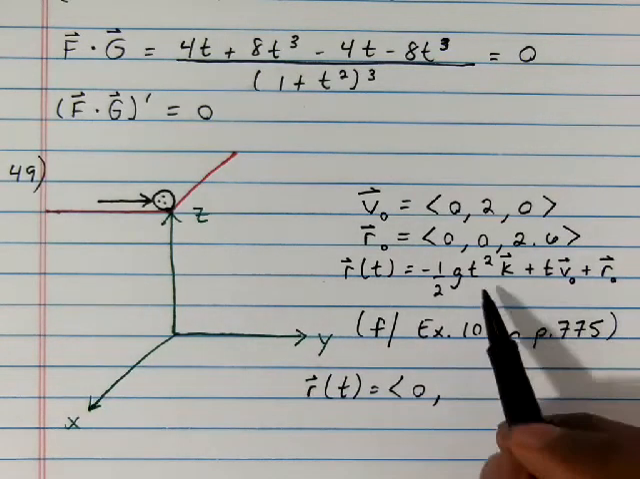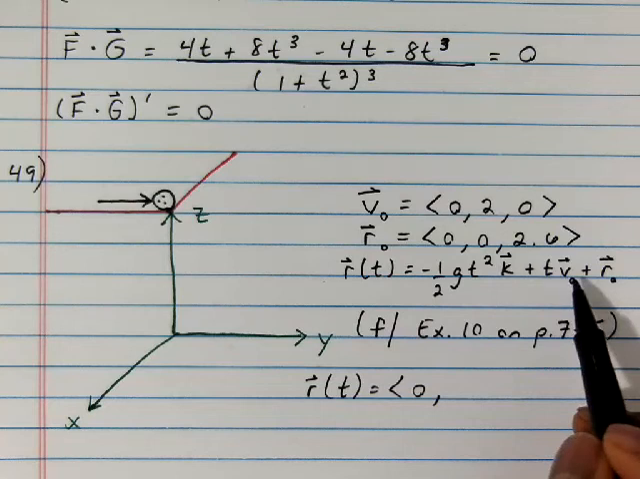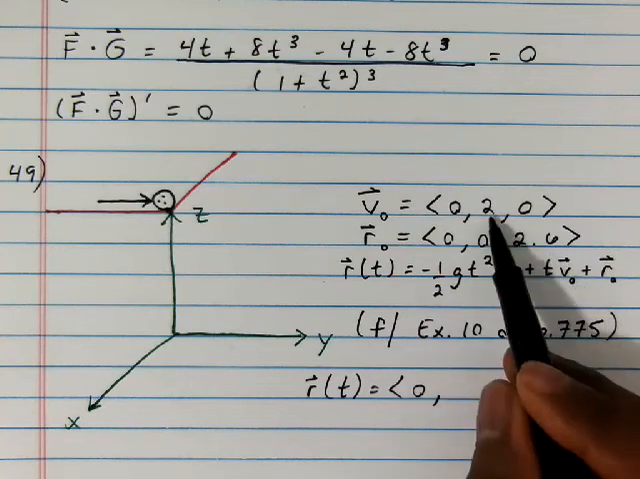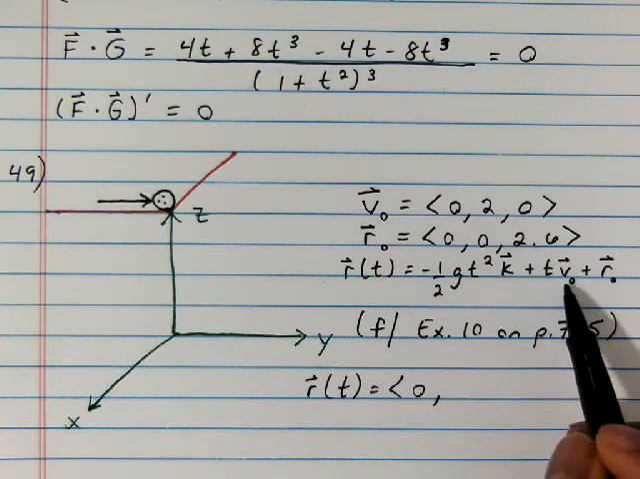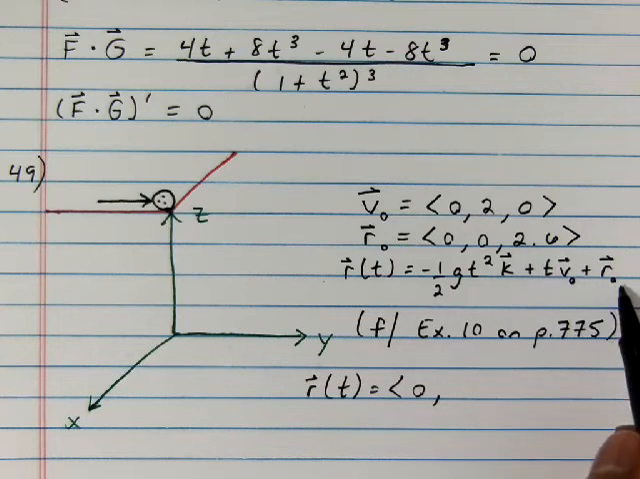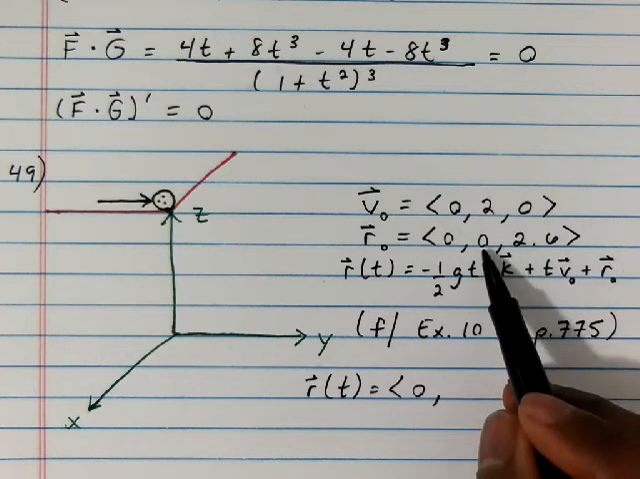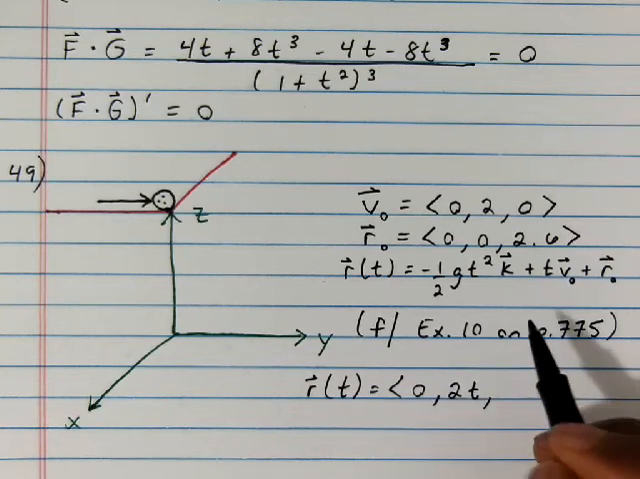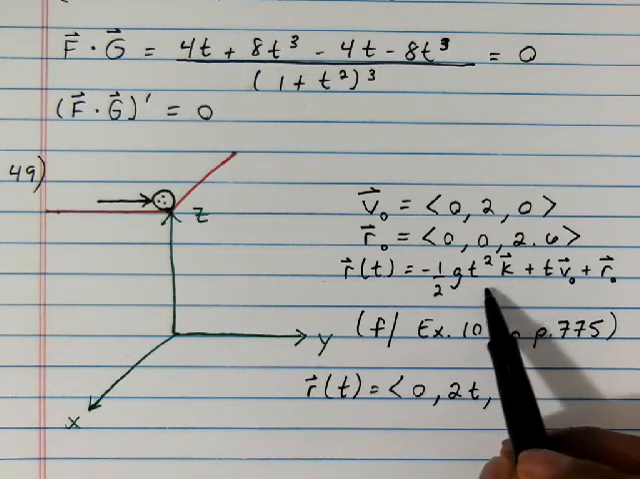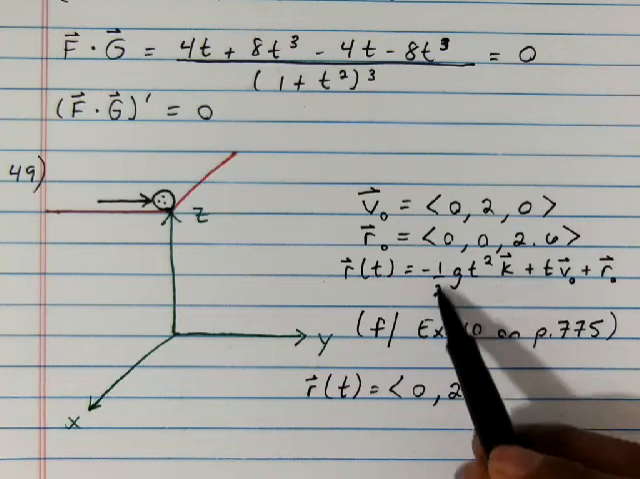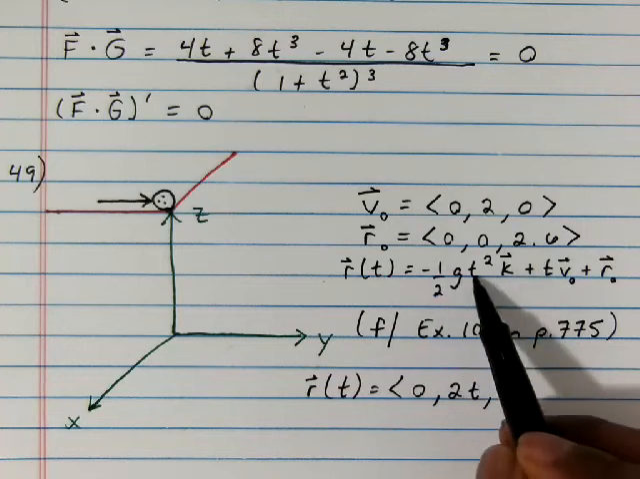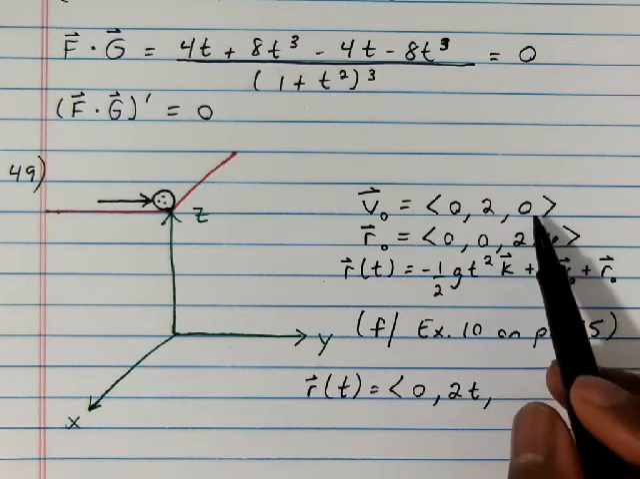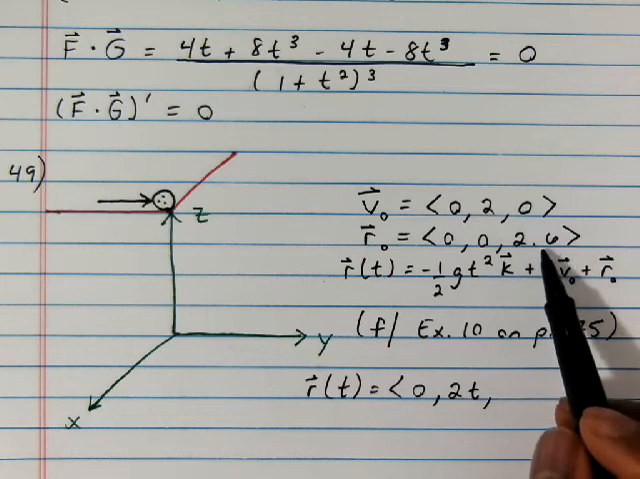Now, no j components here. The j component here is 2 times t. So that's what we get from there. And then plus the j component here, which is 0. So we're just going to have 2t right here. And then k components: the k component here is -1/2 times 32t squared. And then the k component here is 0. And the k component here